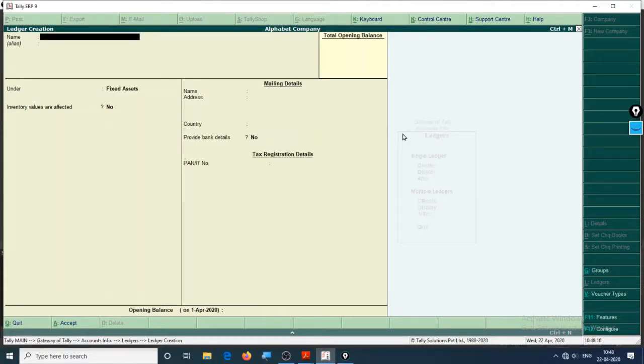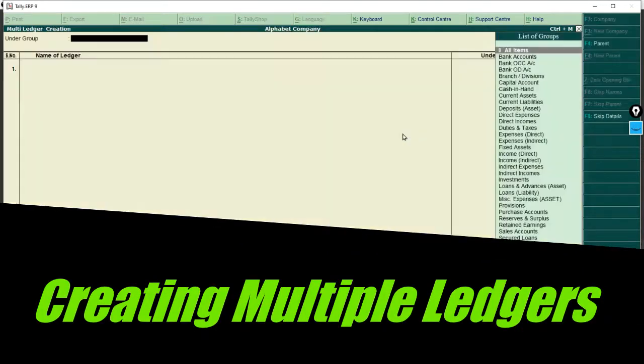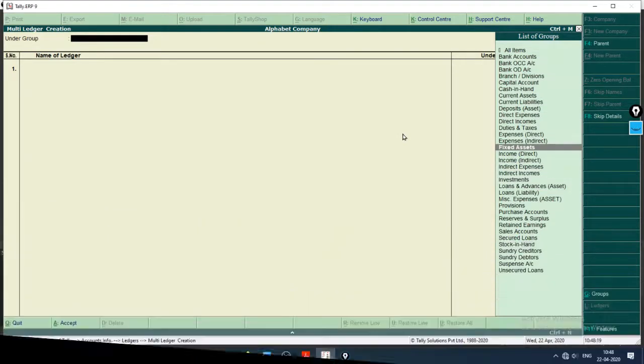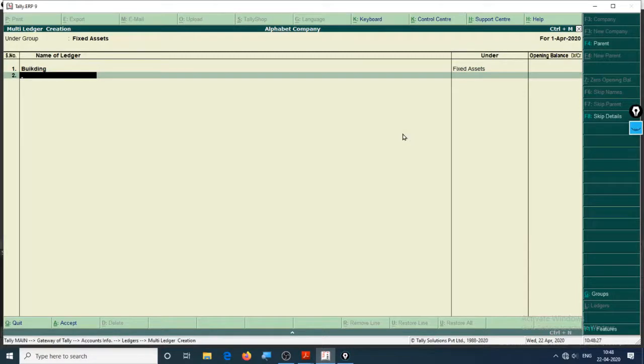Now let's try to create multiple ledgers. First we have to choose the group, so let's choose fixed asset. Under fixed asset, we can create building. It automatically came, no opening balance.